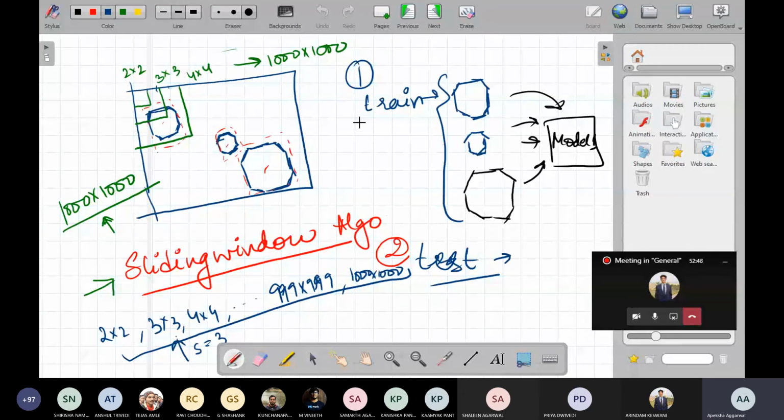Striding is required when we have a large image size, and it's not feasible to slide our filter to all the positions in the image. In that case we can skip a few of them, and then the model will learn something.